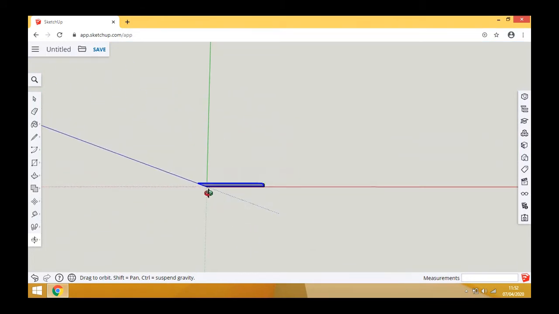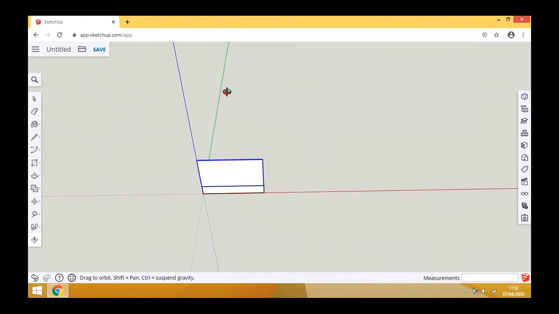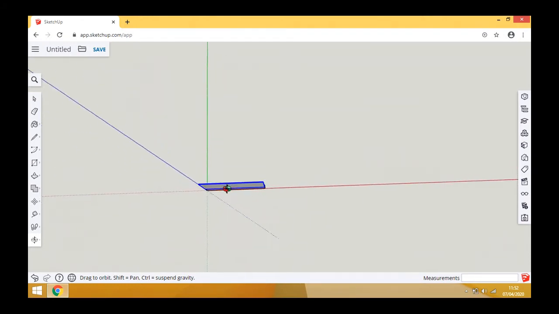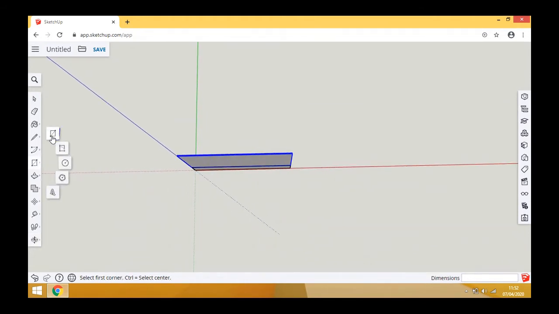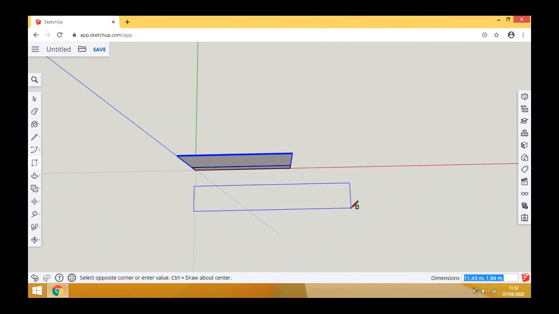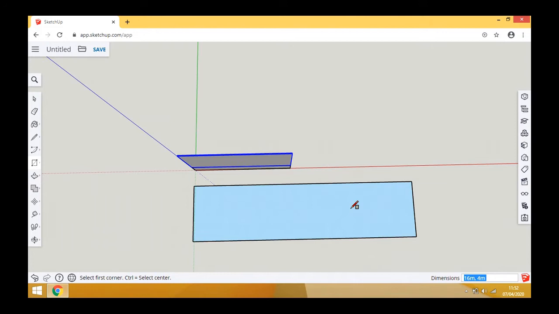Right, let's make a stage for that. I'm going to make it a bit curvy this time. So we start off by making it square. Let's give it a nice, quite big stage. Something like 16 meters by 4 meters. Okay, so what I'm going to do here is a couple of ways of doing it, but I'm going to do it this way. I'm going to create